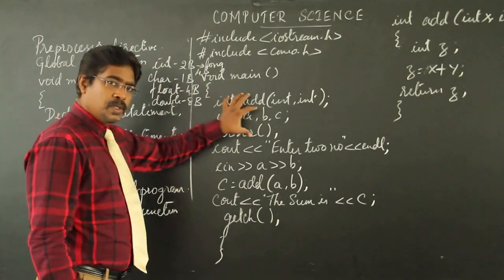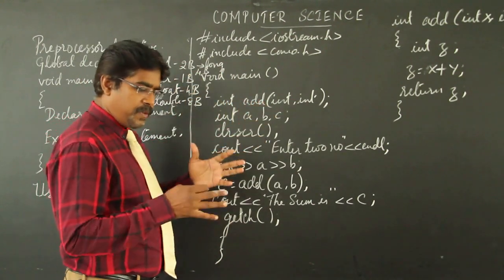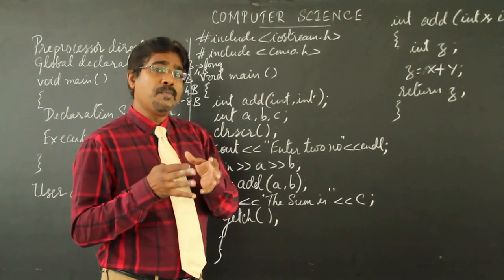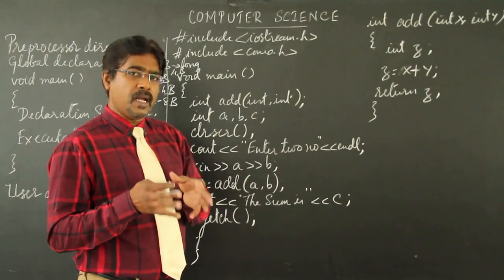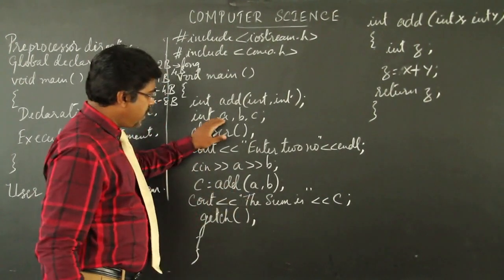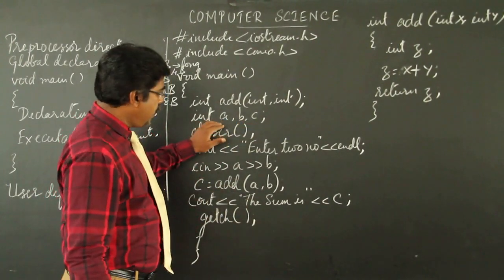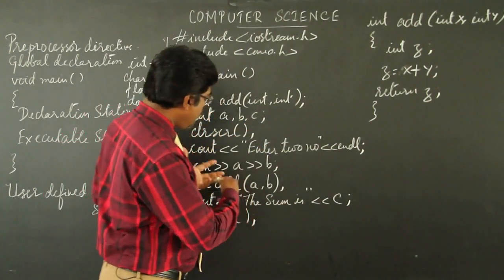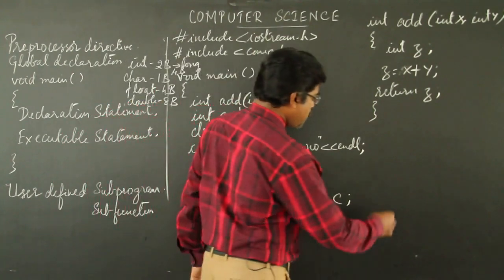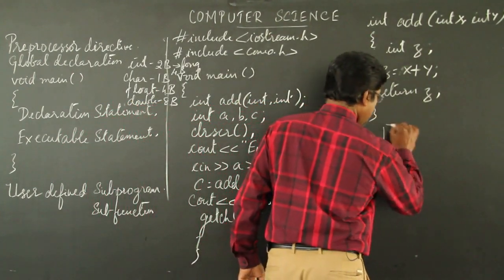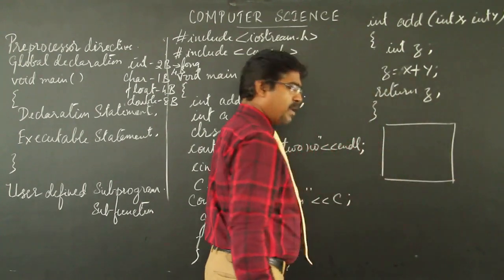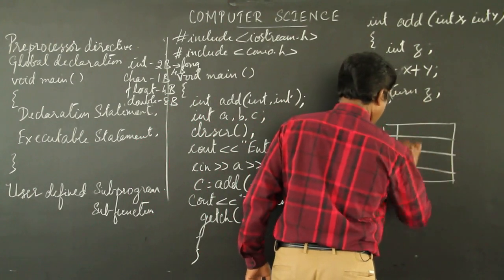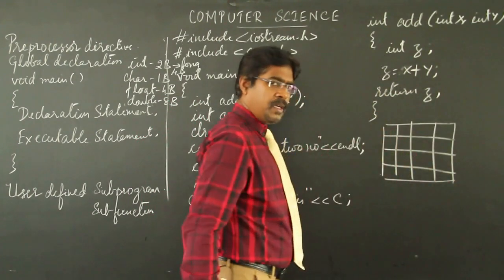These data types will be used in the declaration part, because when we want to reserve memory space, we should know what the allotment of memory is, or what allocation is done in memory. In this program, A, B, C have been declared, and A will have 2 bytes, B will have 2 bytes, C will have 2 bytes. Likewise, let us focus on the memory representation, how a memory could be represented. We will imagine this memory as a table, and there are cells here in the memory. Each cell will be 1 byte.